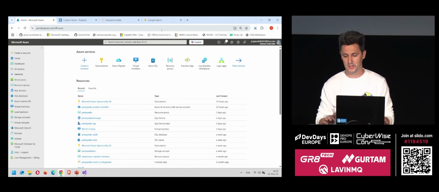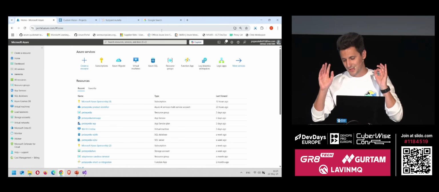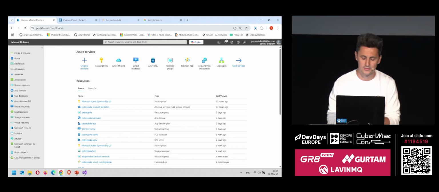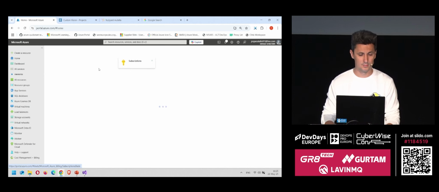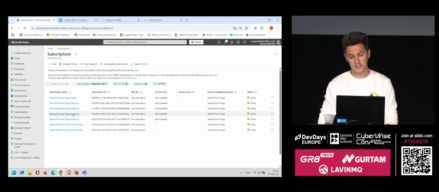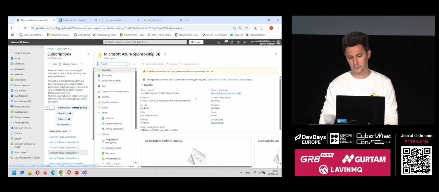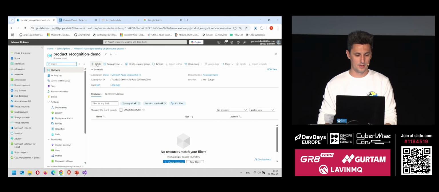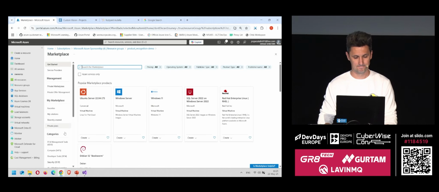What I'm trying to demonstrate here is literally how easy it is to use these technologies, regardless if you're an AI expert or an Azure expert. It's literally just kind of plug and play, so to speak, on certain features that you can actually use from here. So without further ado, let's actually go and create the only resource that I will need in this demo, and I'm going to use one of my subscriptions in here. I already have a resource group which I called Product Recognition Demo, and in here I am going to create